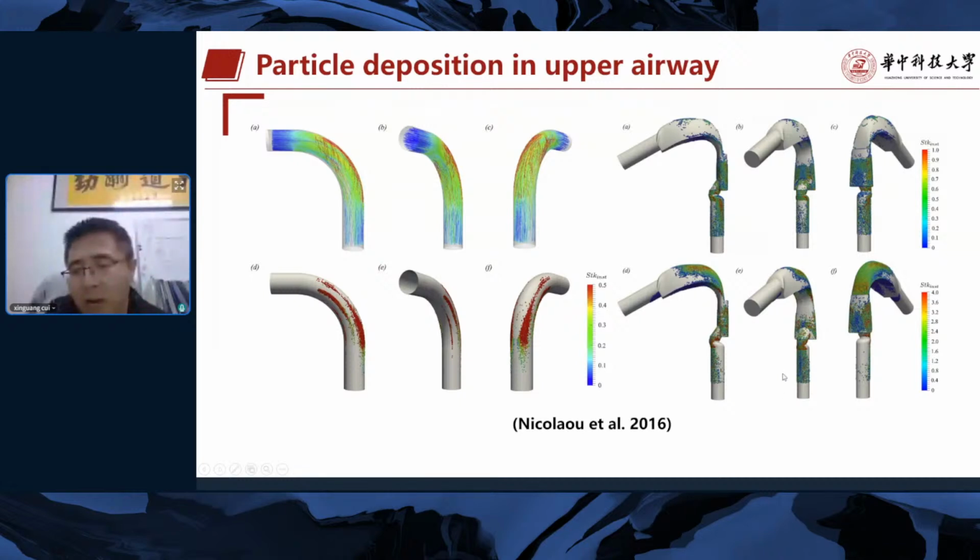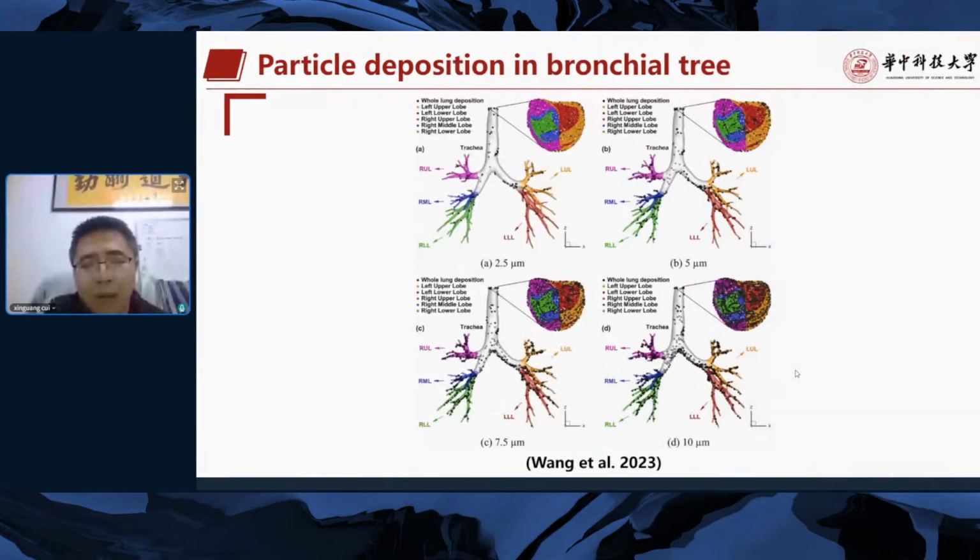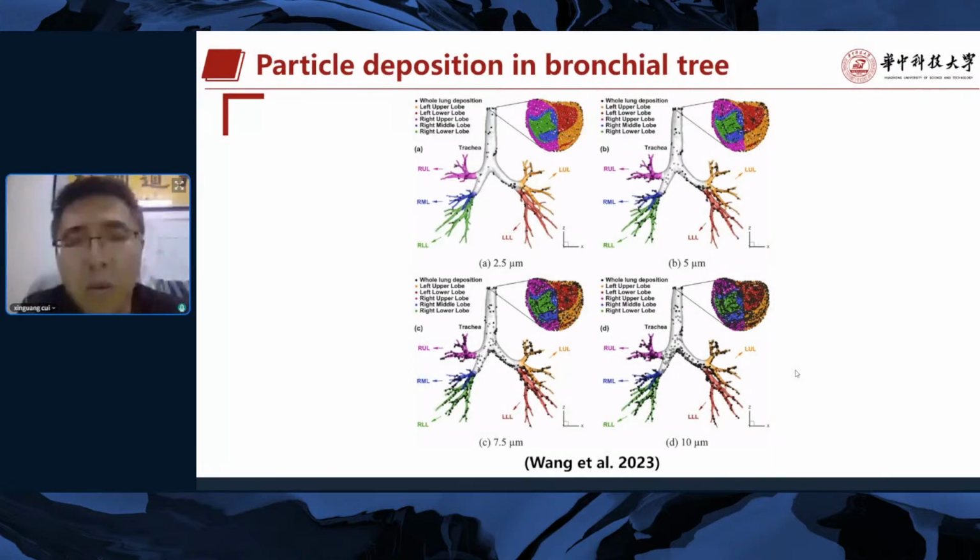But in the trachea it may also be because of the turbulence, because of the reverse flow in the trachea, so the particles have more chance to stay here. And for the particle deposition in the bronchial tree, it finds that